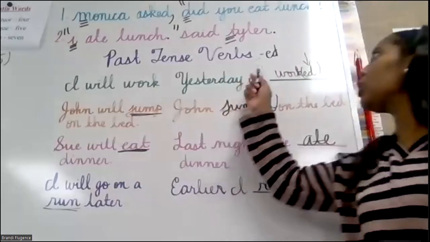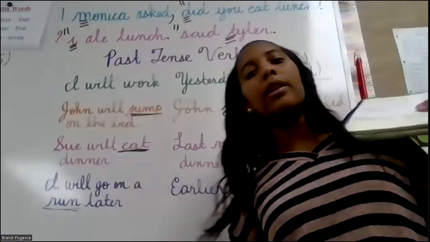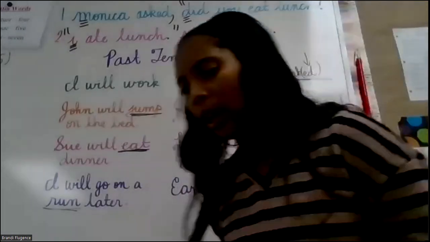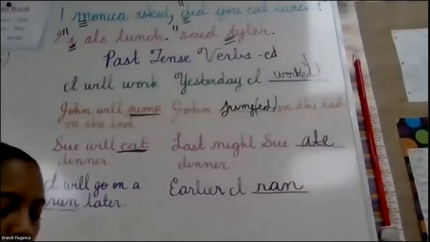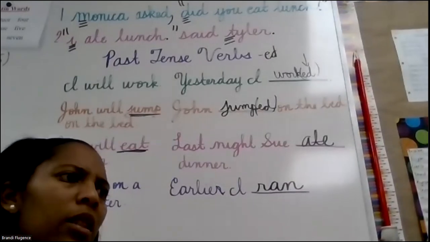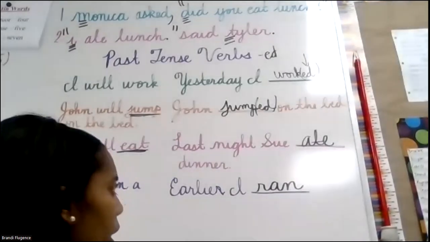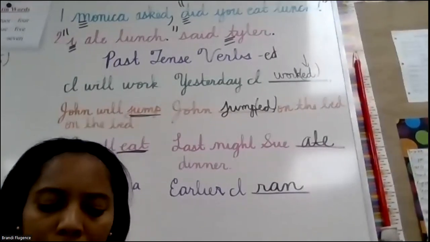Okay. So past tense verbs show that it already happened. Some of them you will change by adding an ed at the end, and some of them you have to change the whole word to show that it's past tense. Okay. So you'll see this in your book later on. I think on Friday for your pages. Past tense verbs show that it already happened. Okay. All right, good job, guys. Let's go ahead and get out your reading for today.